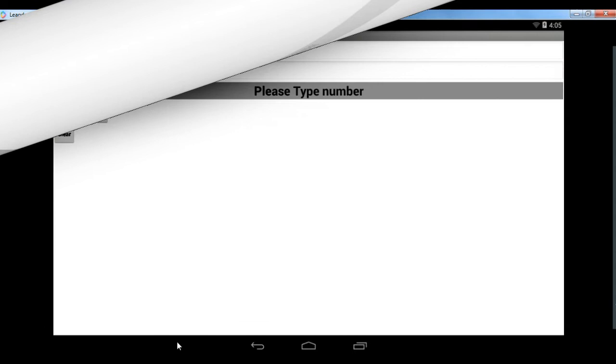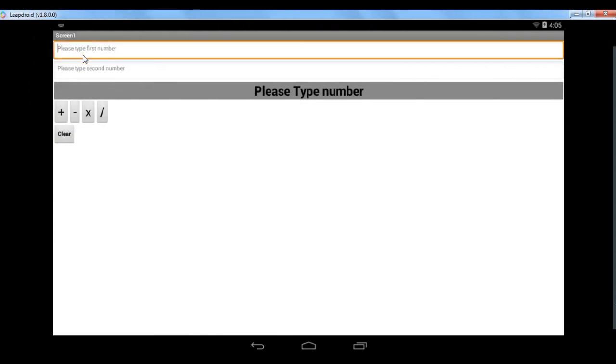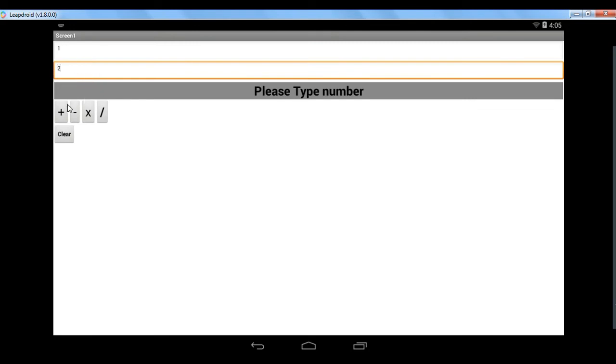And now go to emulator, here you can see, please type first number, just 1, as example 2, plus, 3, and minus 1 into 2, and division 0.5, okay, and also this number, sorry, 2, written and clear, oh sorry, I have not written the clear